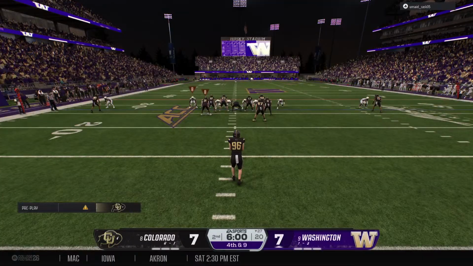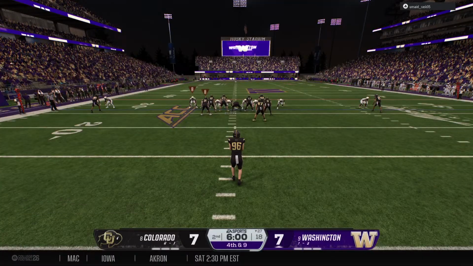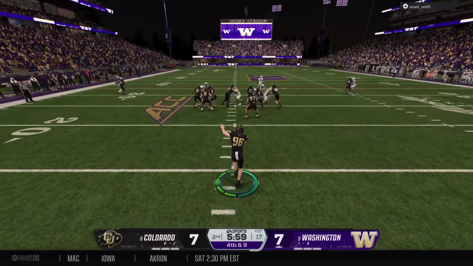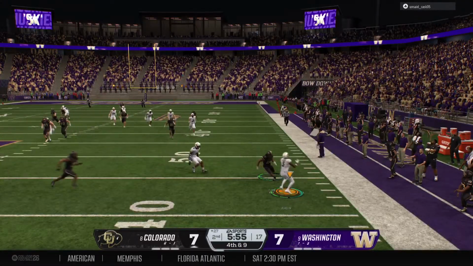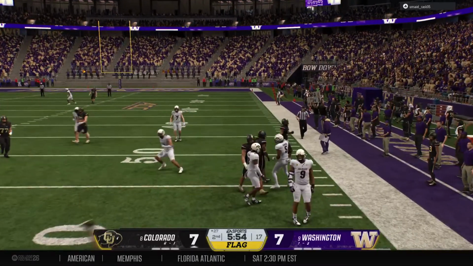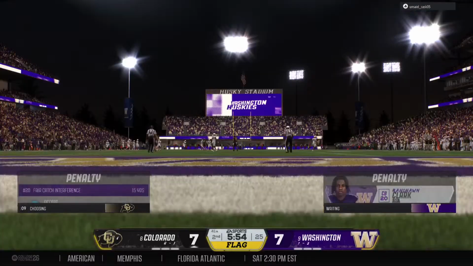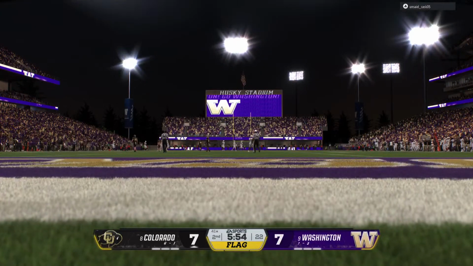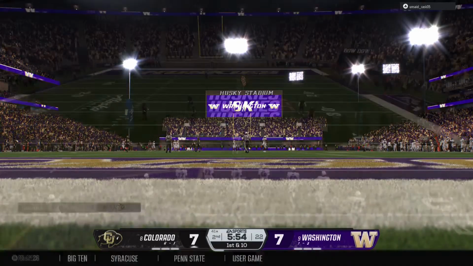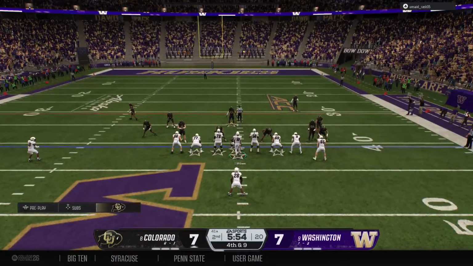Huskies will be forced to boot it away. They'll boot it into the night sky for the first time. Wouldn't call it a shank, but I don't think he'll include it on his greatest hits. Well, the kicking team obviously missed the fair catch signal. The officials did not. 3 tight ends in the formation on 1st and 10.